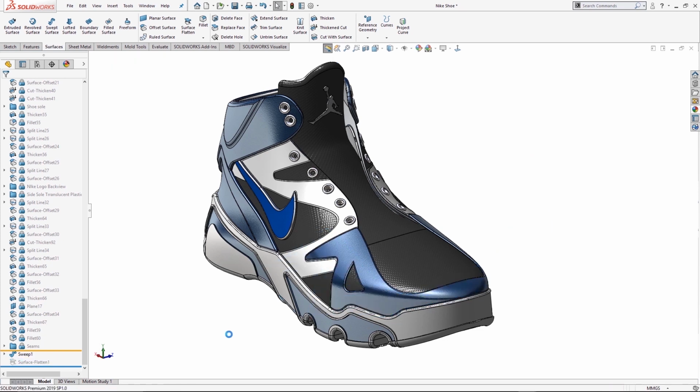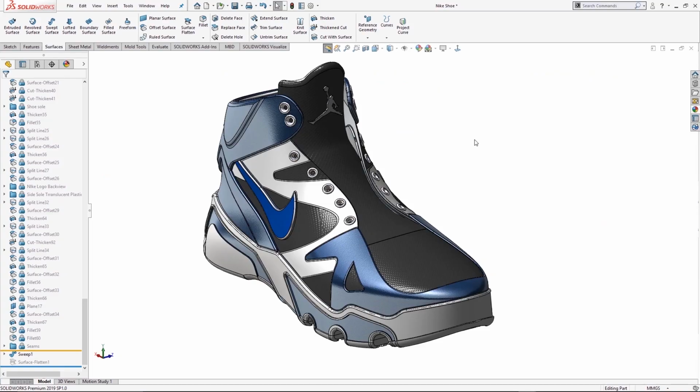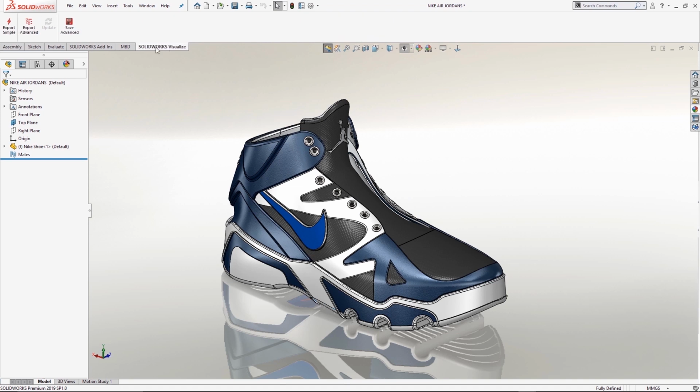And then finally, we're going to have a look at SolidWorks Visualize. So SolidWorks Visualize Standard. There is a professional version of Visualize as well that allows us to create fully rendered movies. But we're just going to look at the one that's included in the professional package, and hopefully you'll agree it's hugely powerful. So let's just switch back over to our model. And I just want to use this one here. So all we do on our SolidWorks Visualize tab, if you've got it as an add-in and turned on, you've just got this tab here. And I'm just going to do a very quick export.